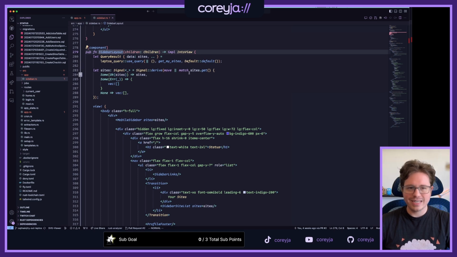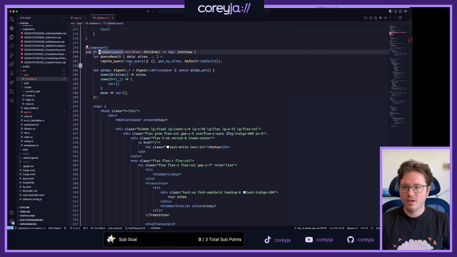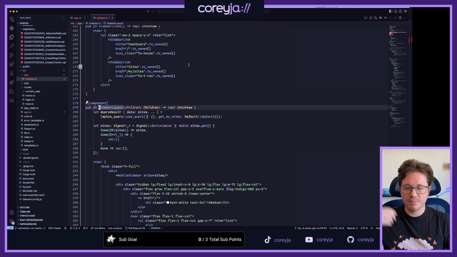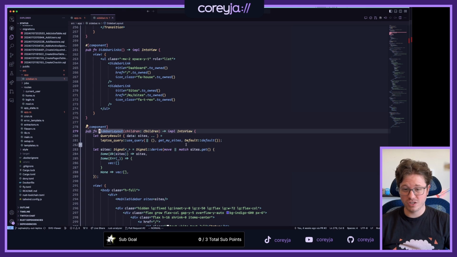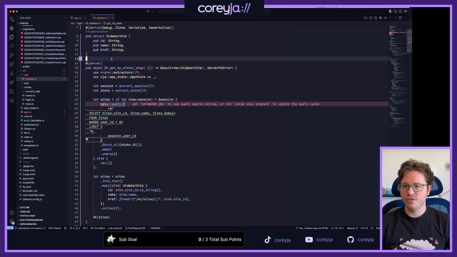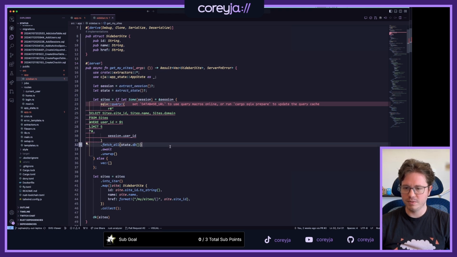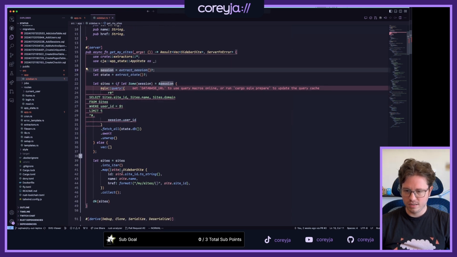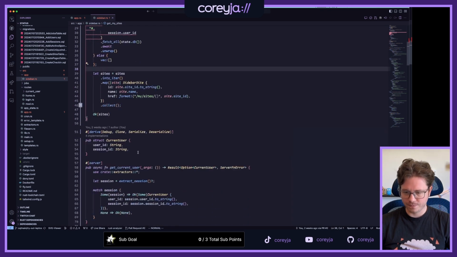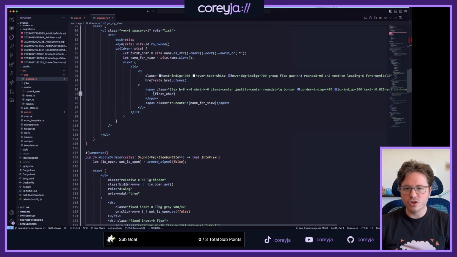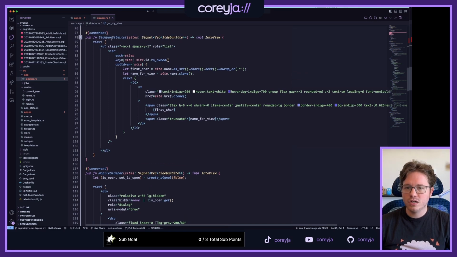So this is where it gets the sites from a server function. We have our query result for the sites. We're using Leptos query, which is a lot like React query if you're used to that. So we have this get my sites server function. The server functions only run on the server and our API calls basically on the client side. So inside our server function, we get our global state, which has a database pool that lets us do database queries. And then if we have a session, if we're logged in, we try to get all the sites that you have access to and build up a little struct to send to the front end. And then on the front end, we render each of those and everything in our sidebar list.